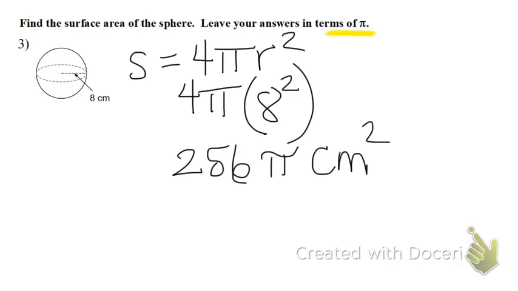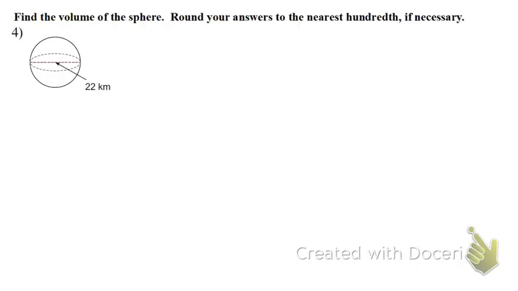Super easy. The next problem, you probably don't even need to watch the next one. The next one, I'm just going to show you the difference in the directions. The next one, you're not going to leave the answer in terms of pi. You're going to change the pi to 3.14. I'll do it anyway, but you probably don't really need it. Here we go. All right, last one. So this time, leave your answers rounded to the nearest hundredth, okay? So